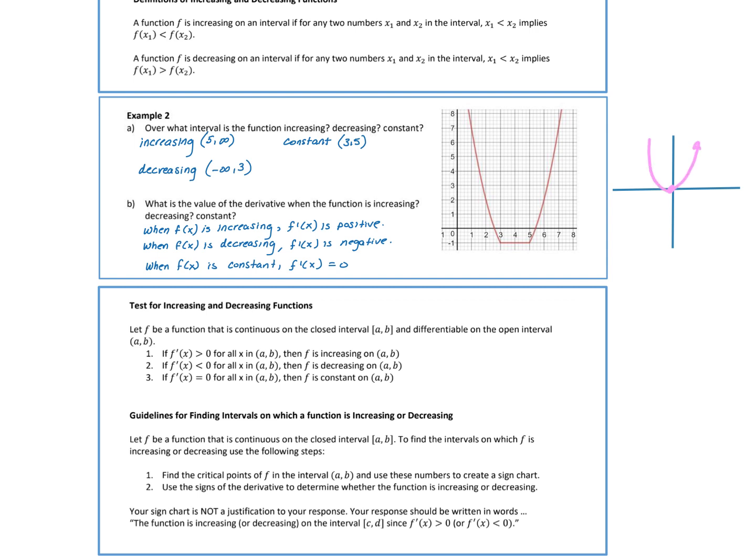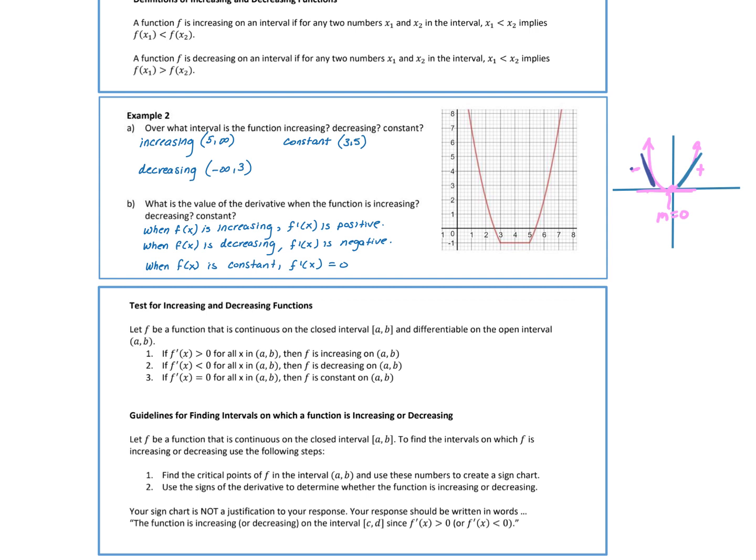So negative, positive, slope is 0. So the slope of the tangent line here is 0. If I drew a tangent line here, it's positive. If I drew a tangent line here, it is negative. Okay, so